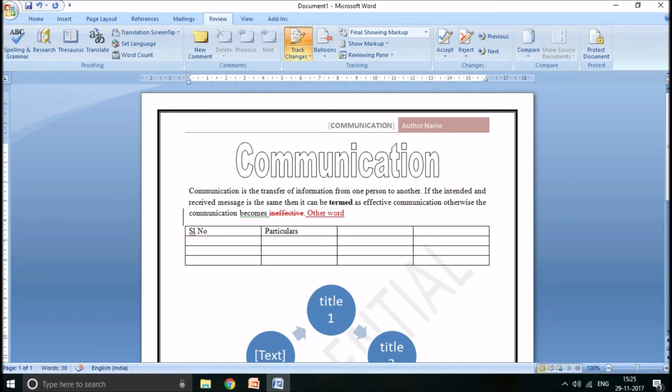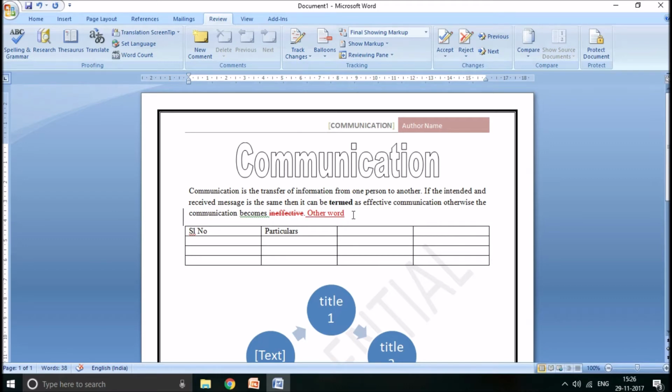Now that is typed, but it is showing in a different font and an underline. It says that that person has deleted this particular word and added something else. Once the changes are done, based on track changes or observing the changes which have been done, you can choose to either accept the changes or reject them.